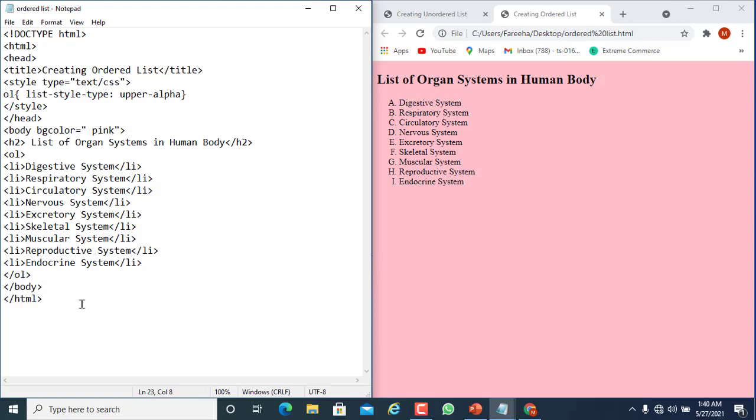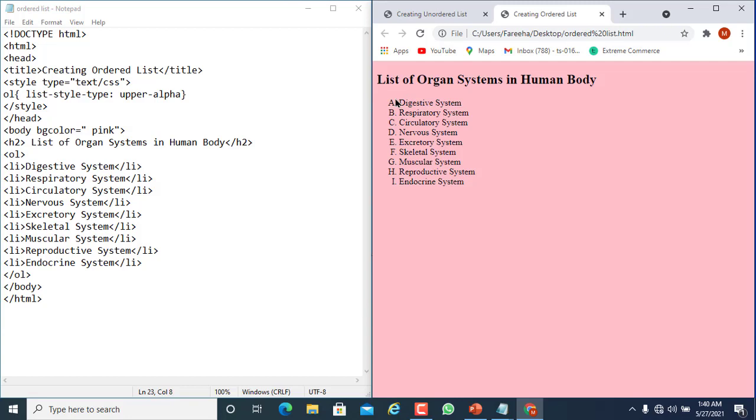Students, first of all, we save this document in Notepad by using the .html extension. After saving this document, when we open it in the web browser, you can see that the list of organ systems in the human body appears here. This is the type of numbering used here, that is upper alpha, capital letters.